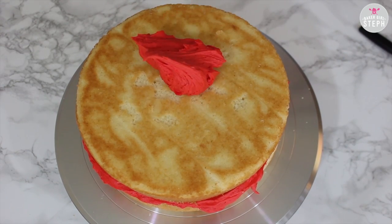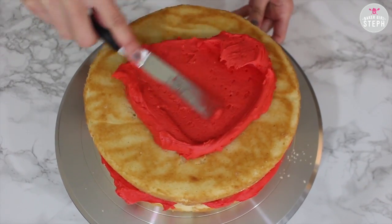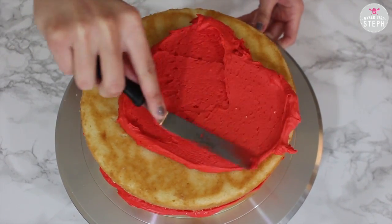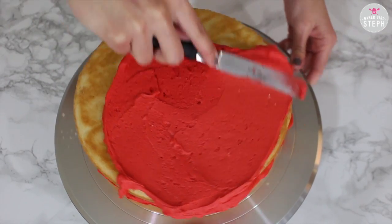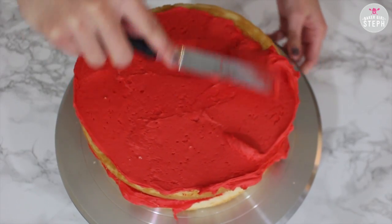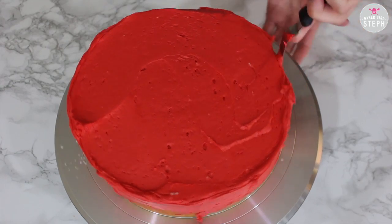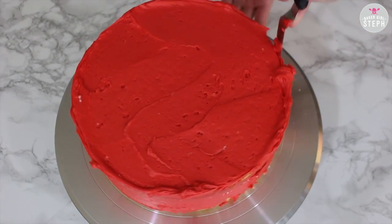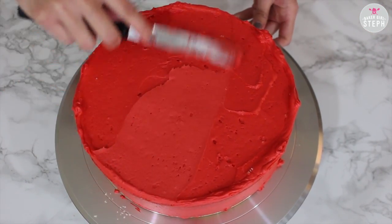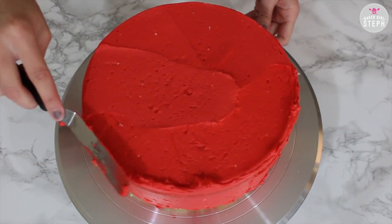And once this is even, you can put some buttercream on there and do a crumb coat. Just spread the buttercream around, make sure you get a nice thin even layer all around the cake. And then do the sides and everything as well. It doesn't have to look too perfect since you will be covering it with more frosting. Once that's all even and smoothed out, stick it in the fridge for a bit, probably about 10 minutes, and